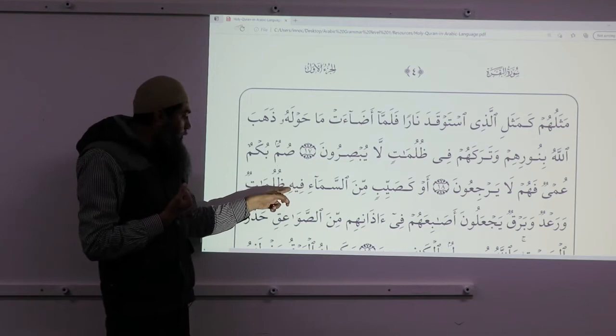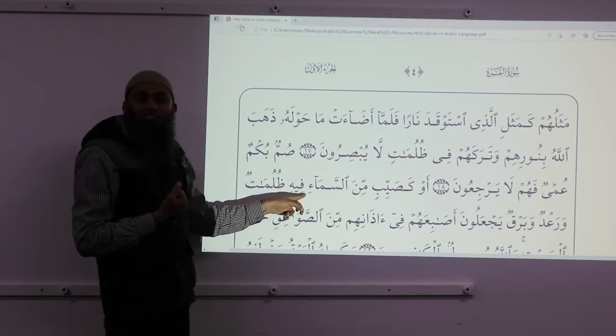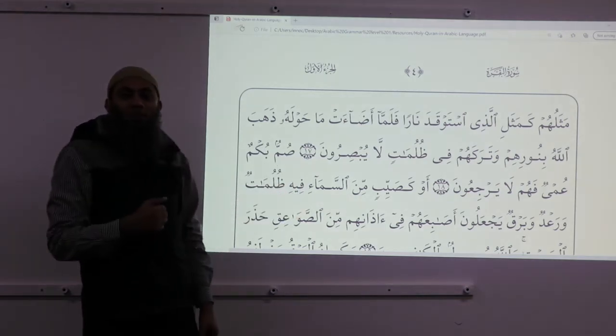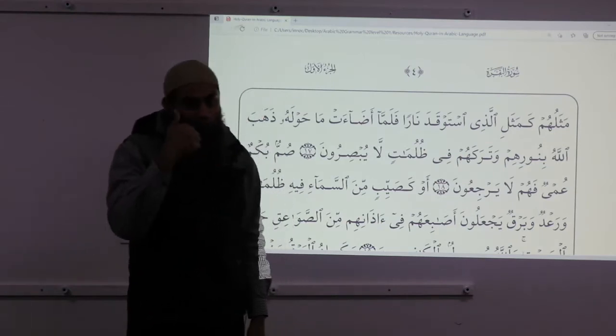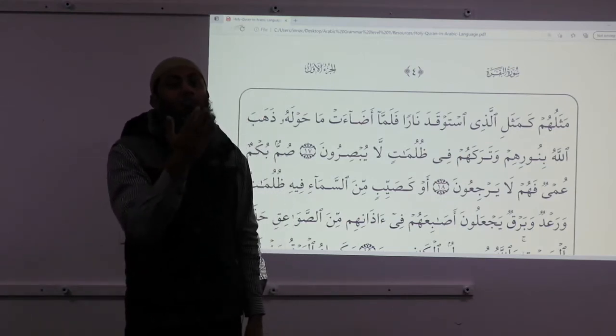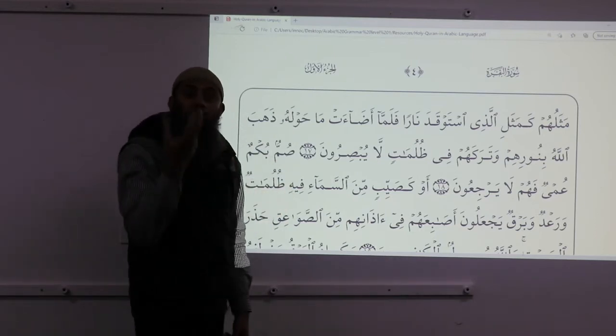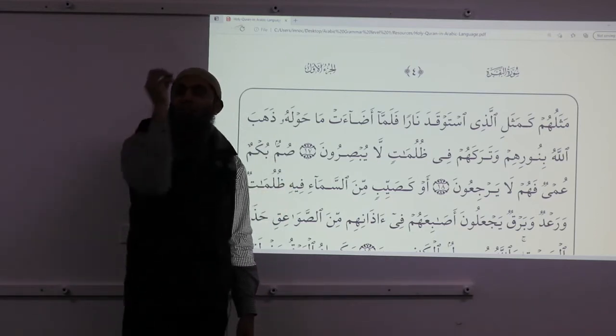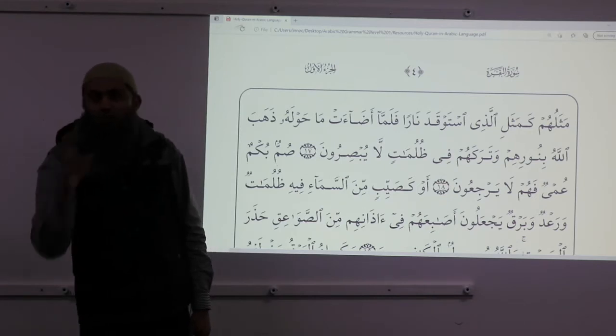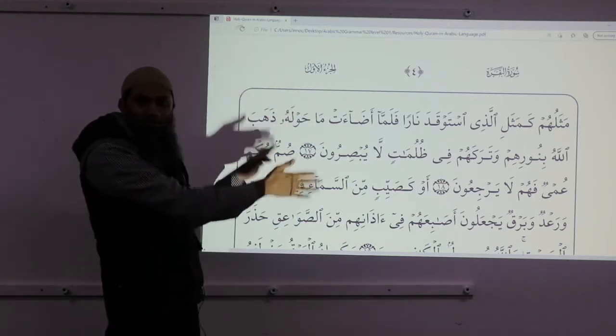So this time, the pronoun is attached to what? To a preposition. So what you learn here is that a pronoun is attached to a preposition sometimes, and sometimes to the ism. If it's attached to the preposition, it's a prepositional phrase. If it is attached to the ism, it's murakkab idafi. So we learn two things from this practice today.